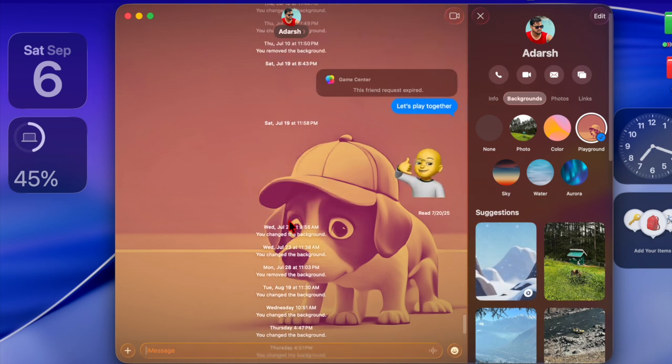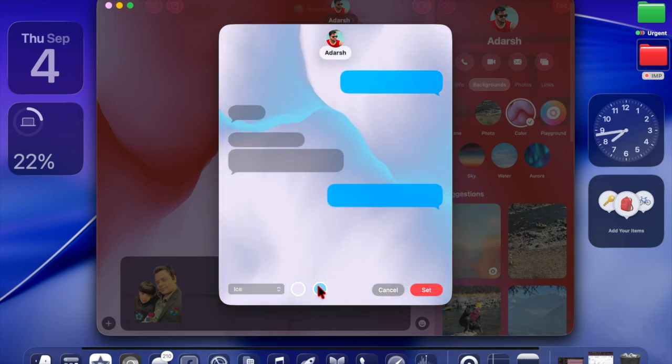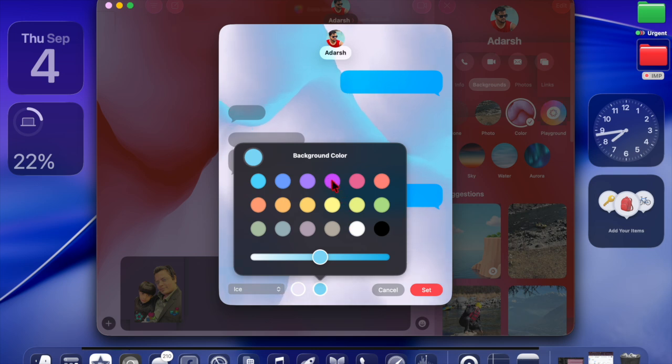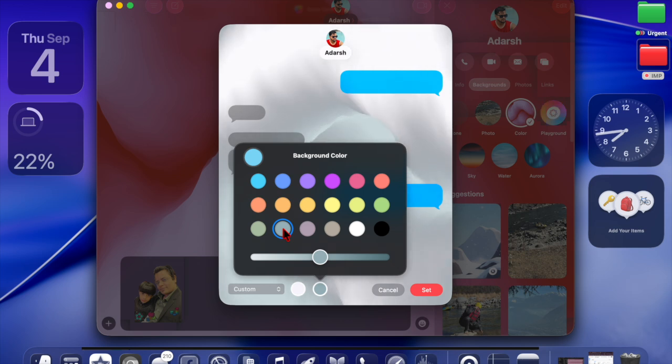By adding your own style, every conversation feels more personal and fun-loving. With Apple's seamless syncing across devices, the background you choose will stay consistent whether you are messaging from iPhone, iPad, or Mac. Now that you have unlocked this pretty cool feature, make the most of it to spice up your